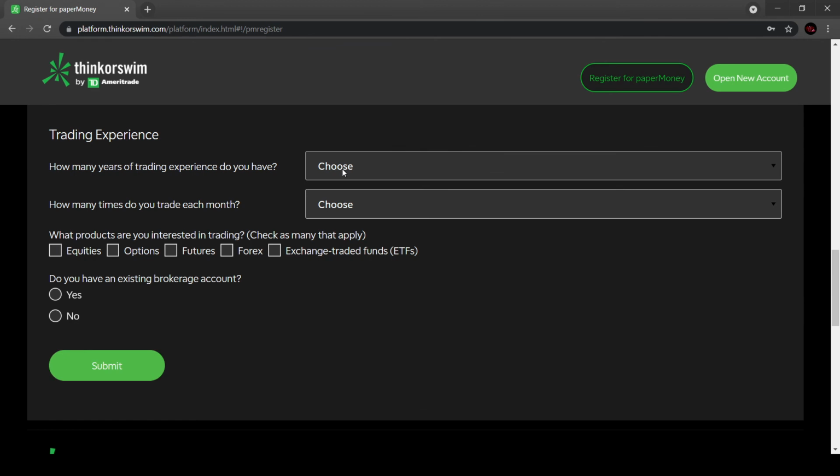Please select appropriately. So in this case, I will just choose according to my preferred data. And what products are you interested in trading? Please select equity, option, and exchange traded